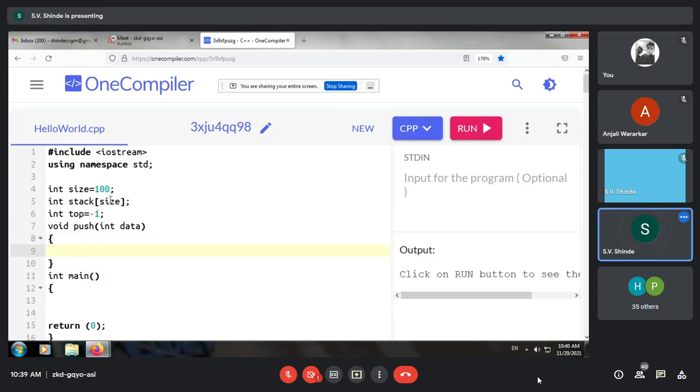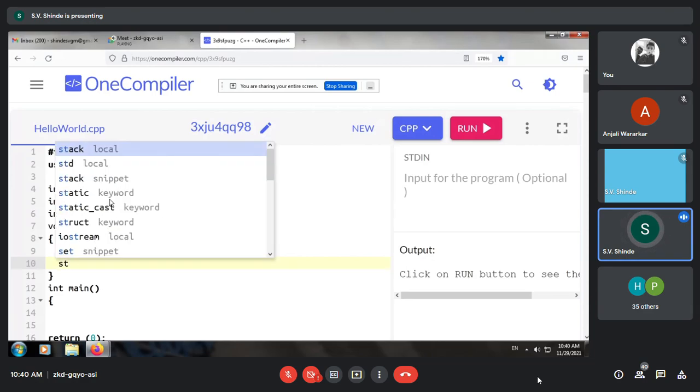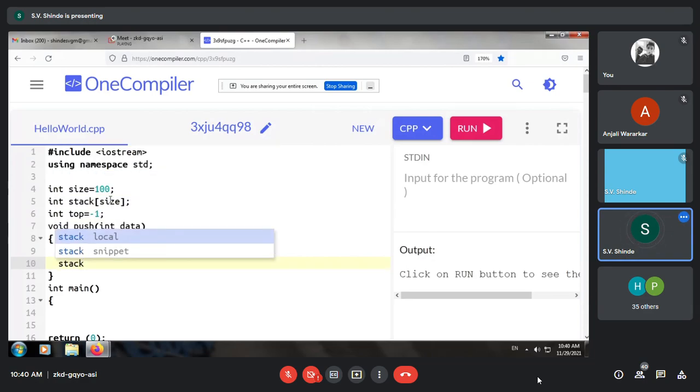While pushing, you have to take care to increment top by one position. So from -1, top will become 0 as we increment top by 1, and simply push the data on the stack: stack[top] = data.